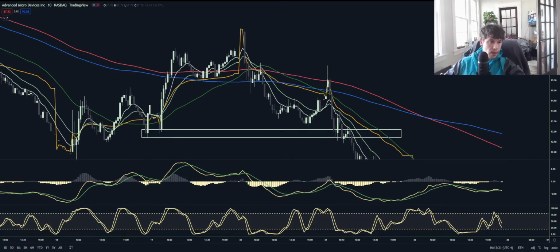So I want to run through this AMD chart. I also use Confluence with my supply and demand zones. You can see our demand zones drawn here on AMD. This is just MACD, and on the bottom here is stochastics. I'm going to show you how you could have potentially spotted some confluence within this AMD chart using supply